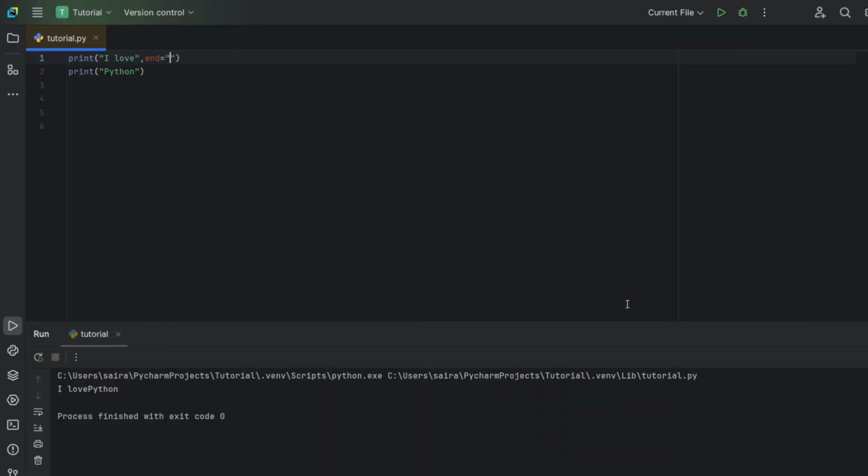We said in the previous tutorials that the print function separates the arguments with spaces. Well, we can change this behavior too. The keyword argument that can do this is named sep, standing for separate. So now let's try it.